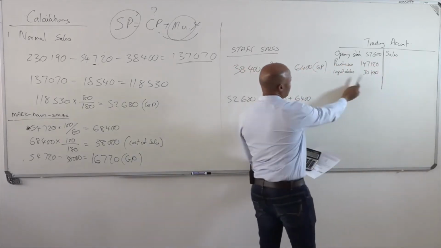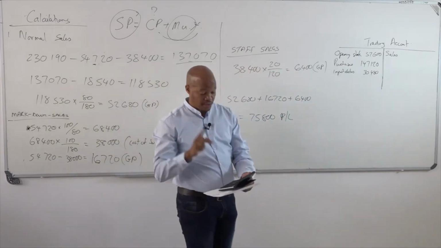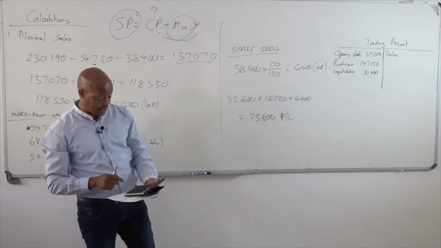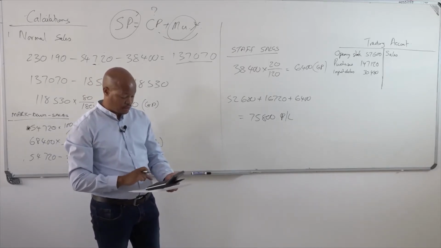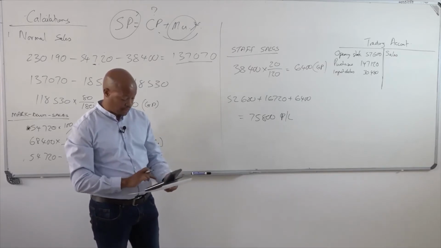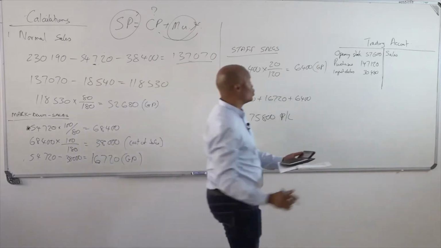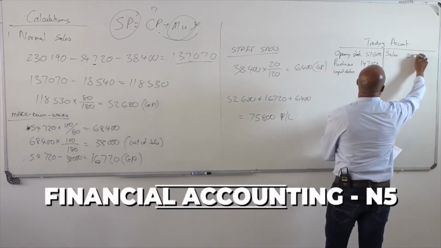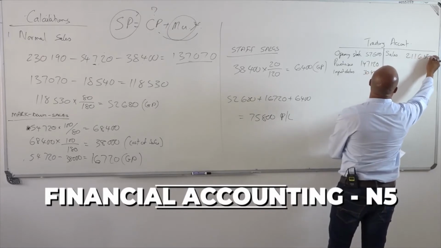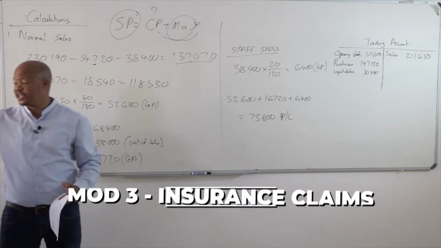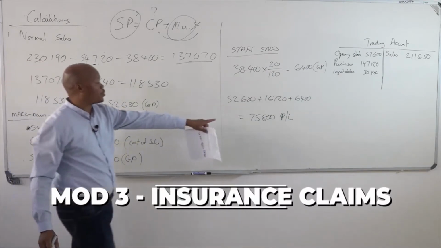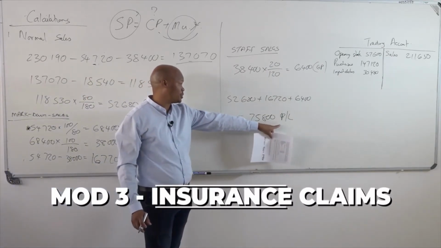Import duties is given to you. Now sales, remember, less sales returns. Sales is 230,190. Subtract returns of 18,540. It's 211,650. You would see we have just calculated our profit and loss